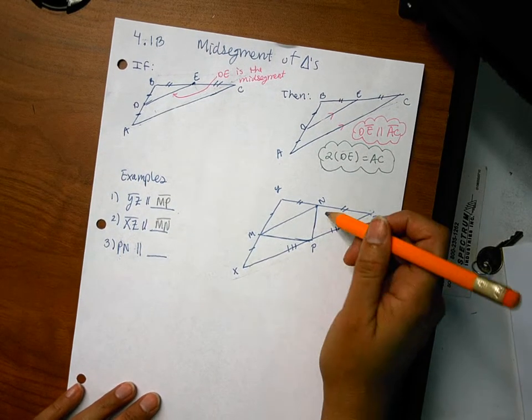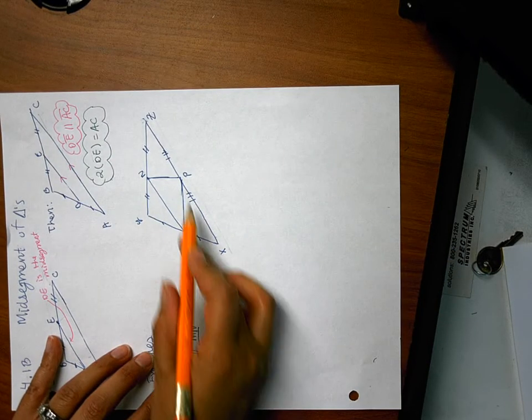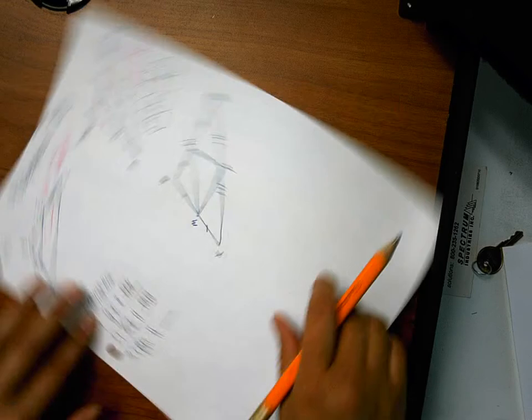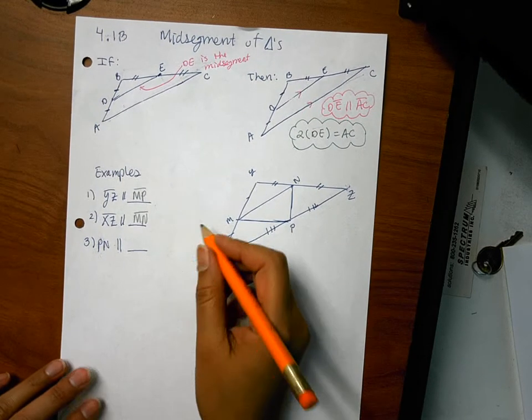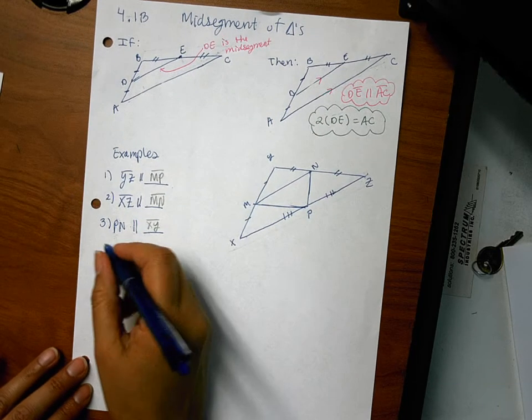PN is the mid-segment here, so if this is the mid-segment, this is the base. So PN is parallel to XY. And if you put YX, that is perfectly fine. Okay, number 4,